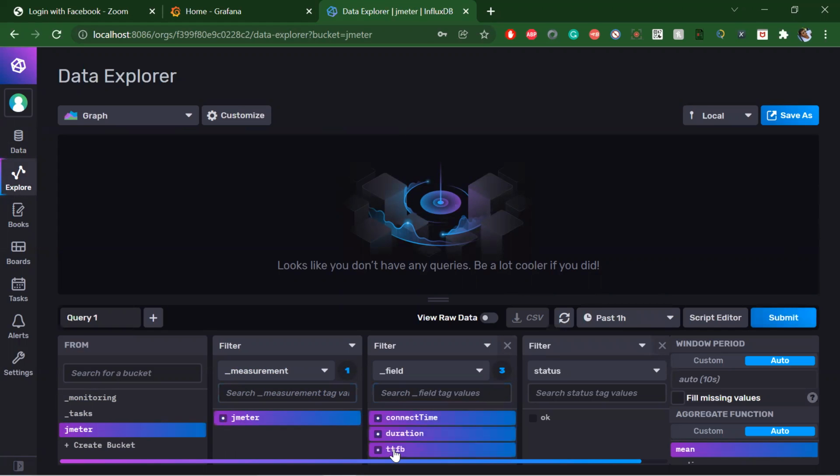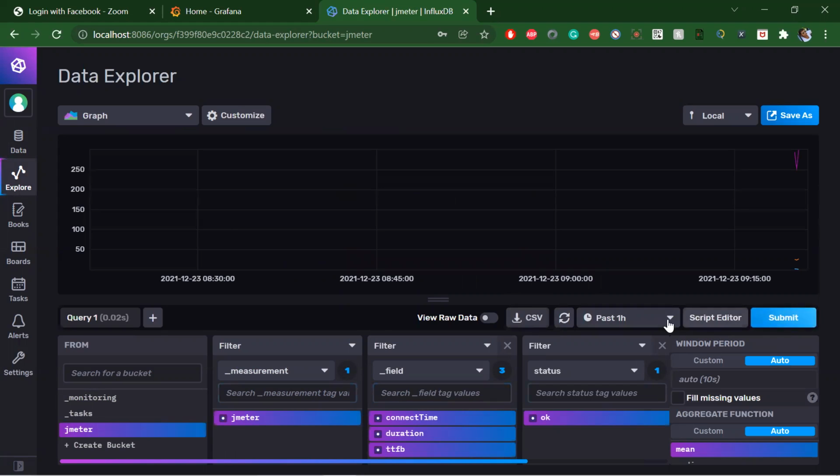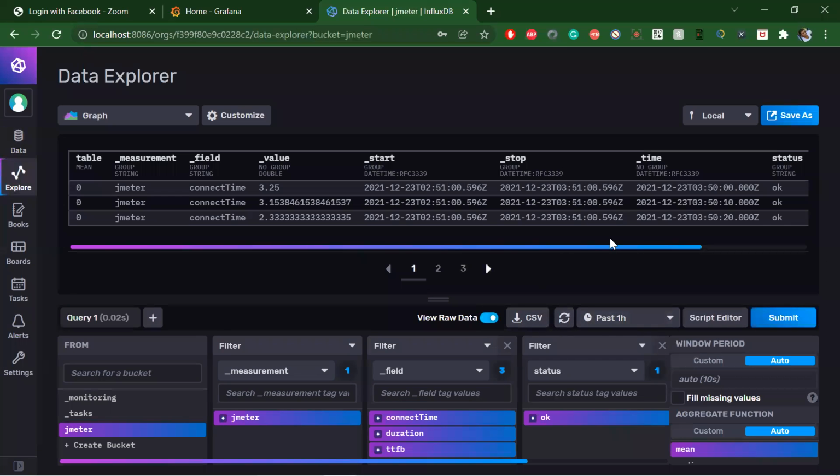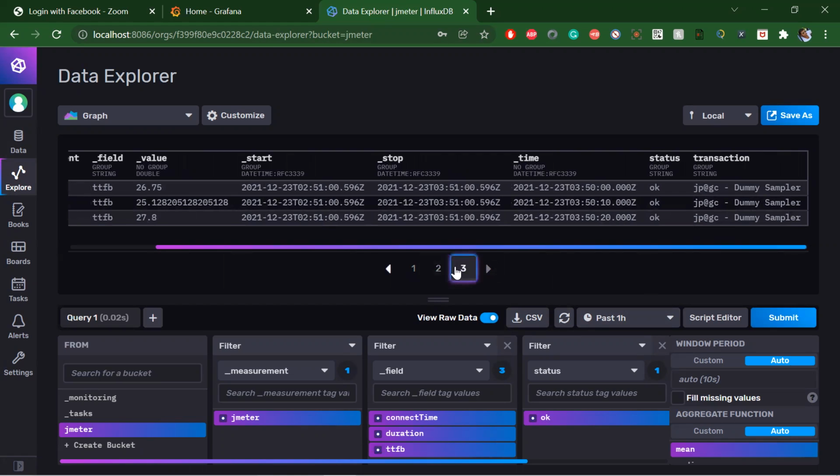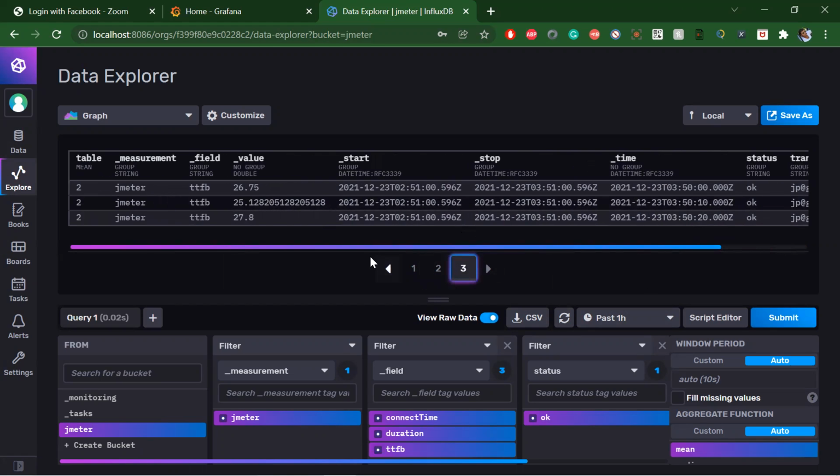I'm selecting these things. See, we got all the data, with today's time. We got timestamp, start time, stop time, field value, and everything. Now we have data in InfluxDB.